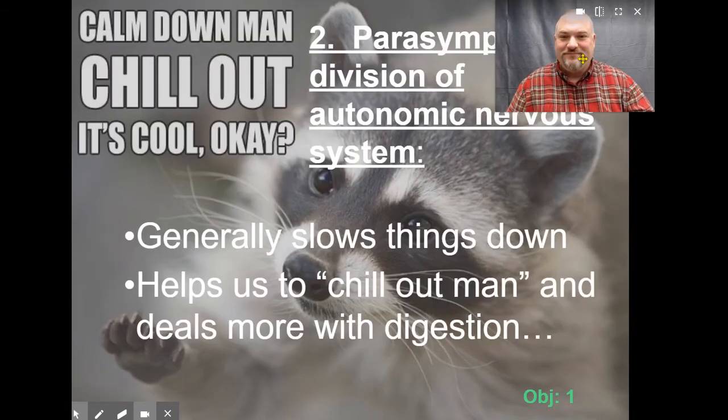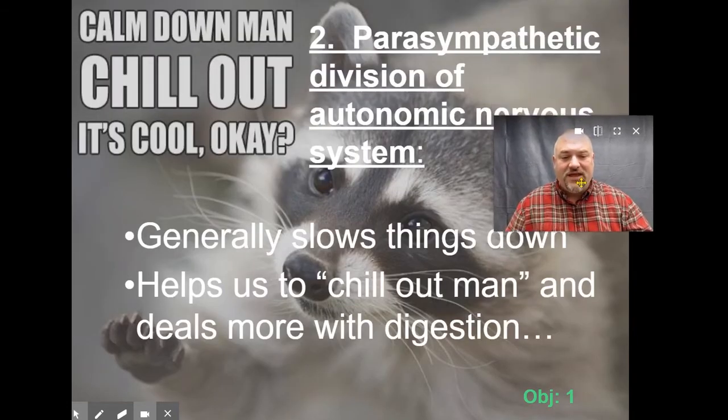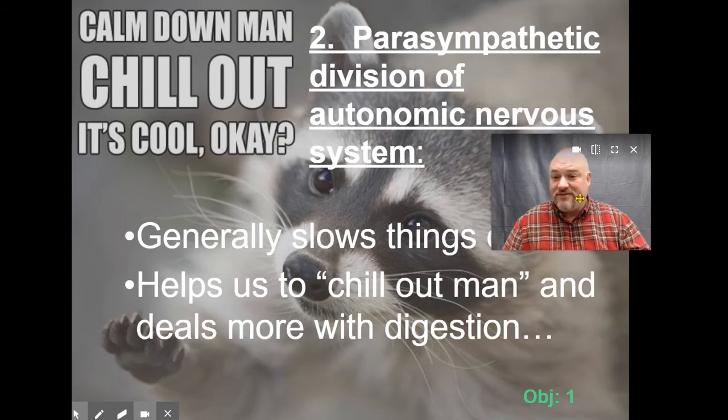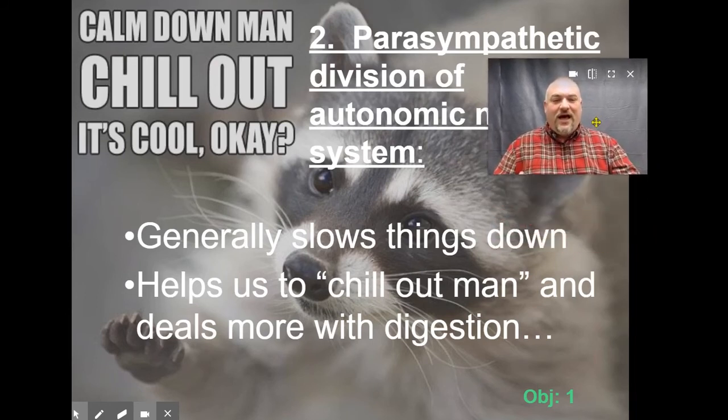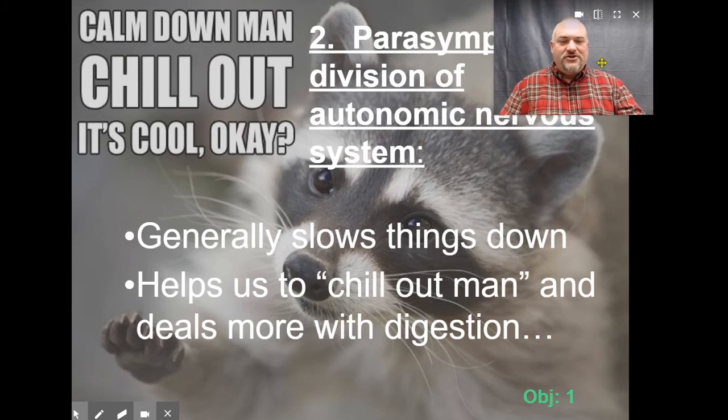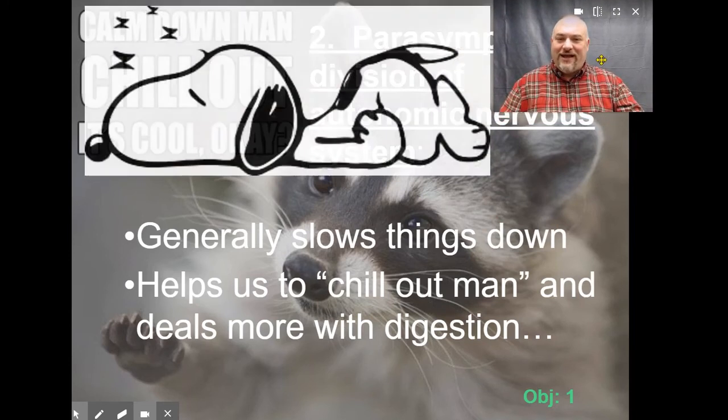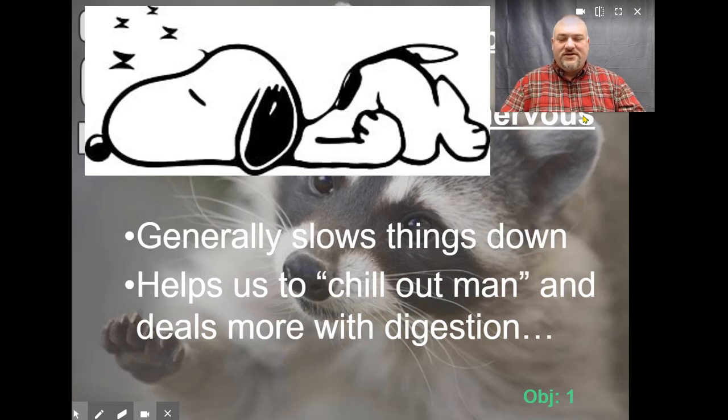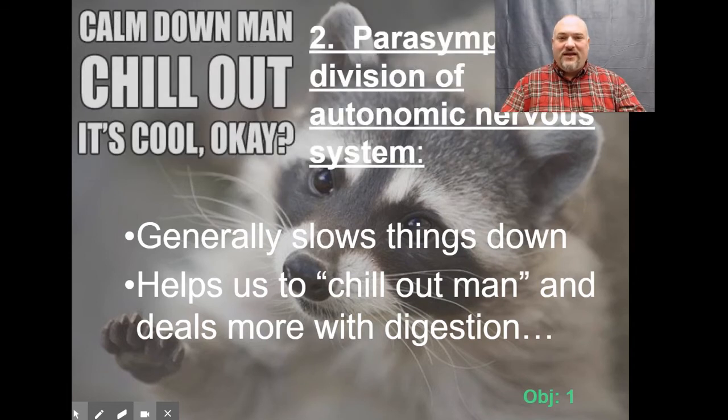Okay. On the other hand, you have the parasympathetic division of the autonomic nervous system. And this one just chills you out, man. Just chill. Take it easy. Take a chill pill. It slows things down. This is what gets activated when you get tired at night. Your parasympathetic nervous system starts activating, and that slows down your heart rate, slows down your breathing, slows down all these other things, except